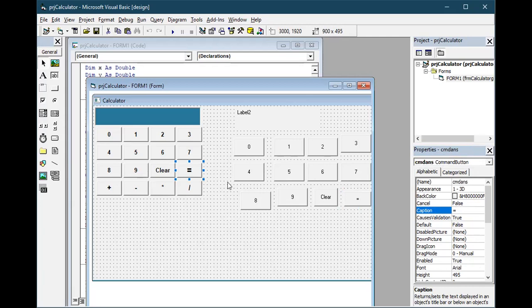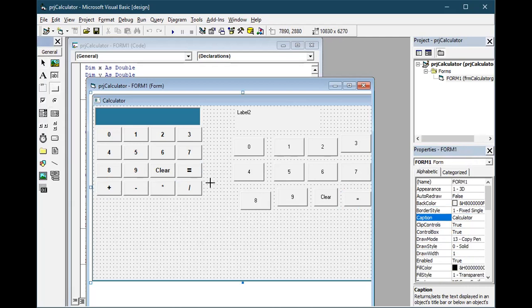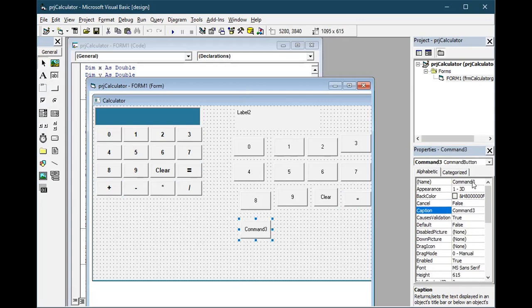Then the last 4 buttons, once again, should be a control array. The name of that is CMD OPTR. How to do it: select it, place it. Name is CMD OPTR. One time you do, then Control C, Control V. Copy it.